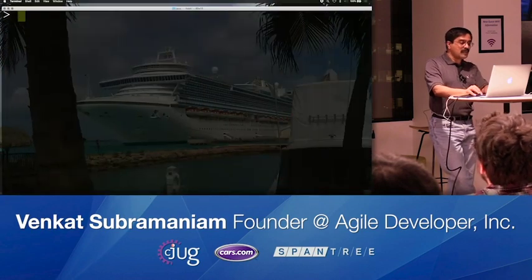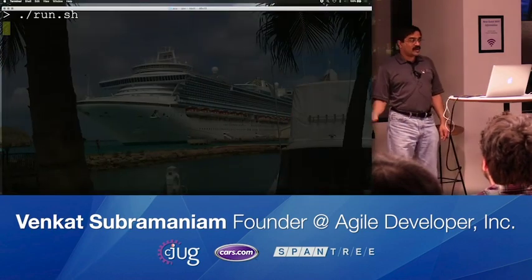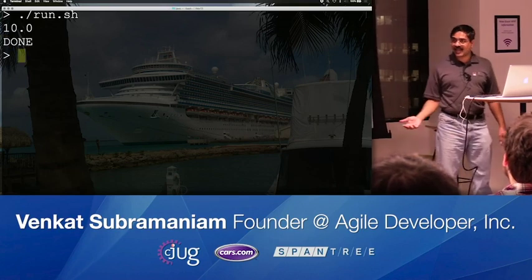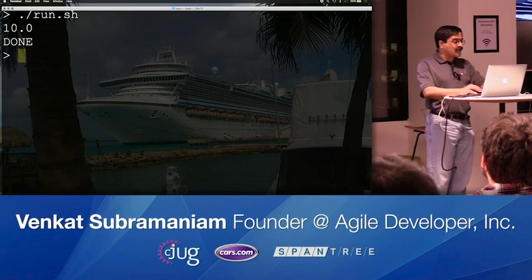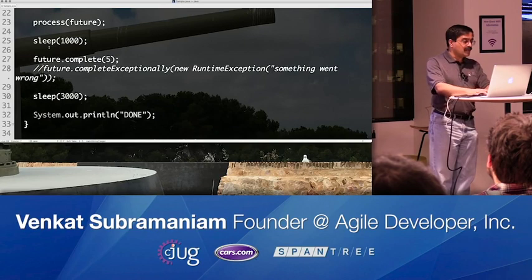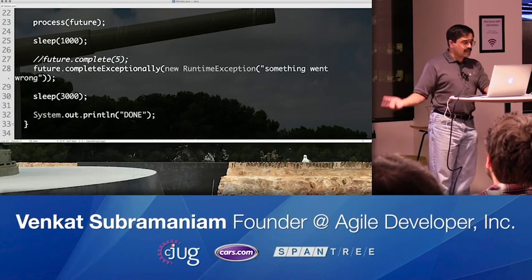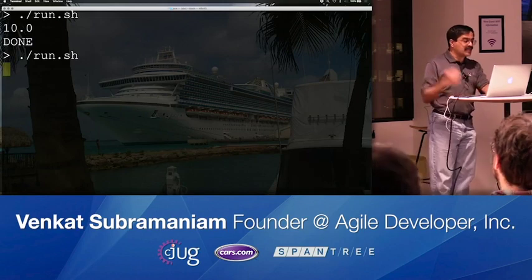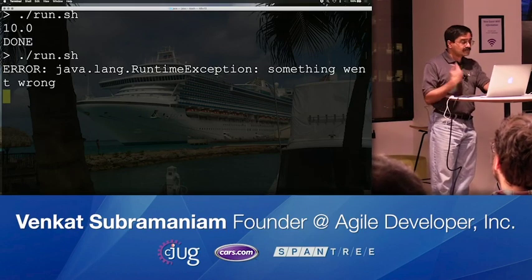So if I go back and run this code, you will see the output of 10 because I was able to complete it within a 2-second delay, right? Because I completed within 2 seconds, it took it. On the other hand, I'm going to blow up within 2 seconds, and in this case, of course, as you can see, it blows up as well.